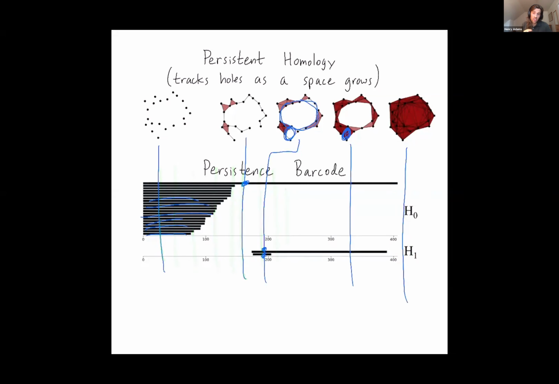But it also measures geometry, through this growing sequence of spaces. And this growing sequence of spaces is what allowed us to identify the small hole corresponding to a small bar and distinguish it from this larger hole corresponding to this larger bar. So persistent homology is one answer to how to vectorize geometry.